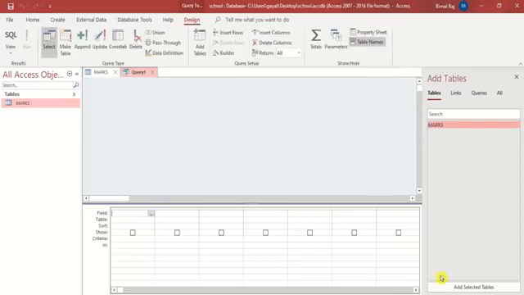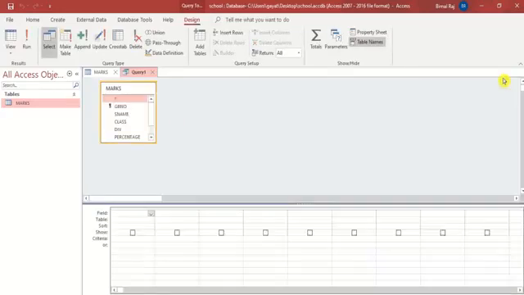Once again, I select the marks table, and here I want only the names, grade and remark. Okay, if I want, I can take the class also. Let's take the class also.